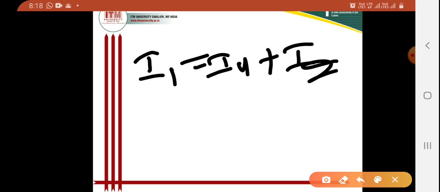Because I1 is the incoming current to node 1, and I4 and I2 are the outgoing currents from node 1. So the sum of the incoming currents is equal to the sum of the outgoing currents. So for that I am writing I1 is equal to I4 plus I2. Okay, so now I can write